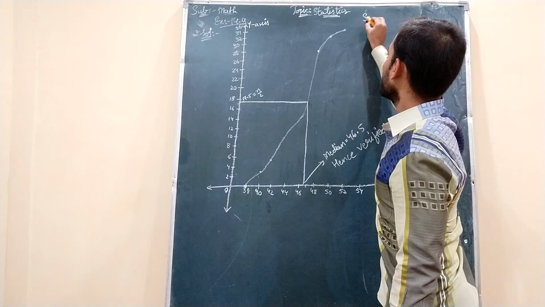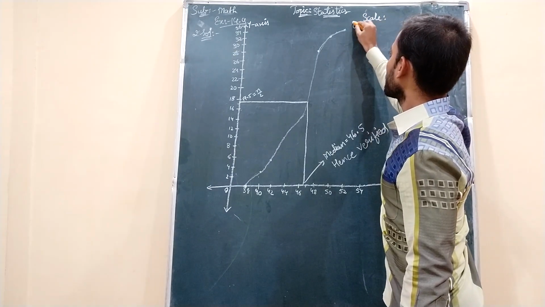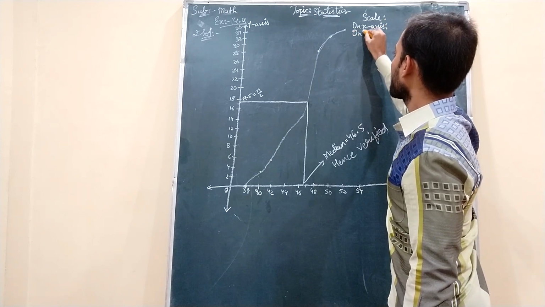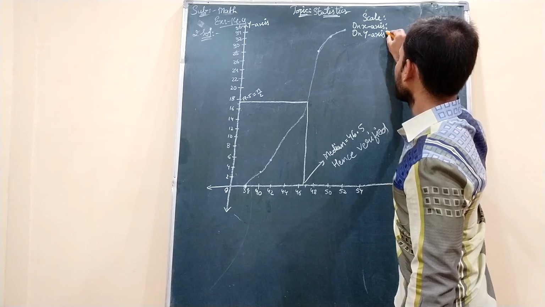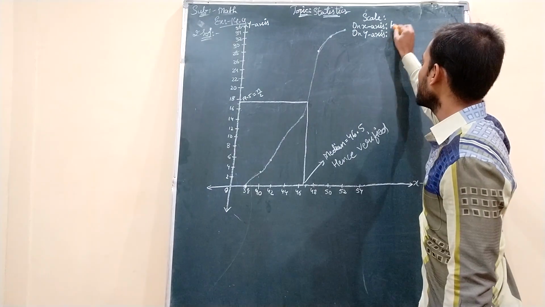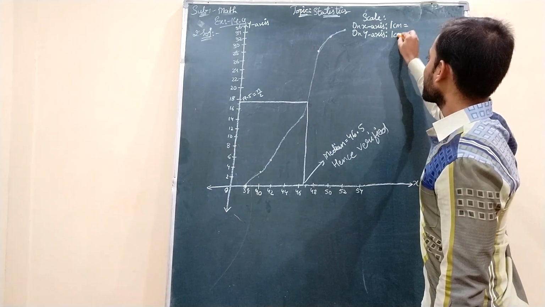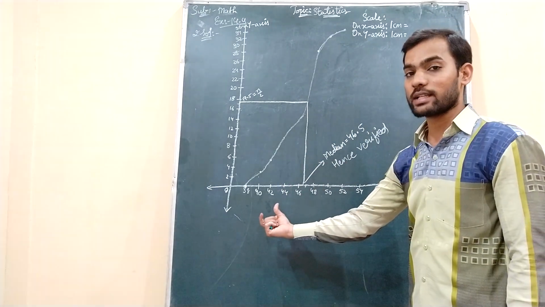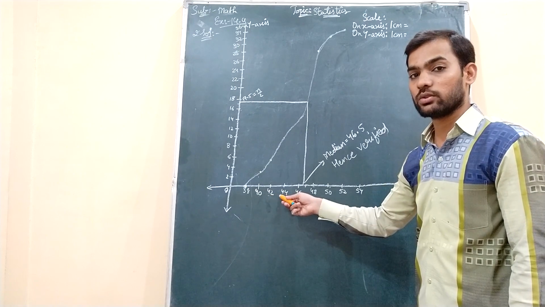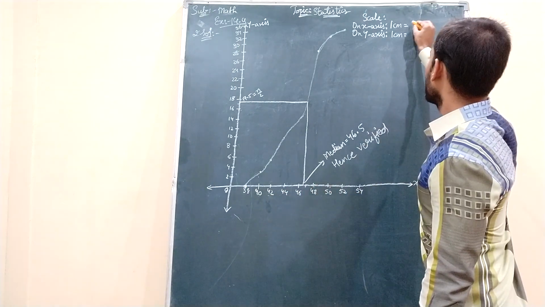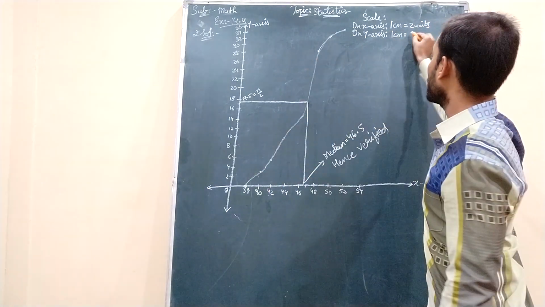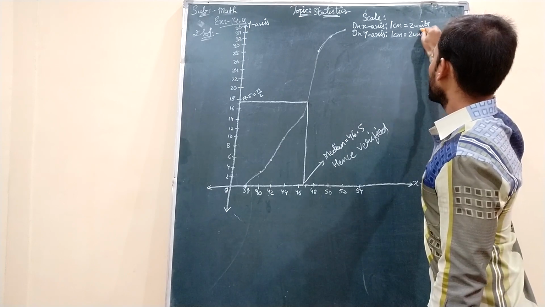Okay. Then writing of scale is very important, as I said. We will write scale. Then we will write here on the x-axis, and just below it we will write on the y-axis. Okay. The boxes are of how many centimeters? I said 1 centimeter boxes you will have in your graph notebook. So 1 centimeter, and on the y-axis also it is 1 centimeter. But we will see now on the x-axis how much we have gone on increasing. 38 to 40, 40 to 42, 42 to 44, which means we are increasing by 2 units. So 1 centimeter equals 2 units. And on the y-axis also we have gone on increasing by 2 units. So this is also 2 units.